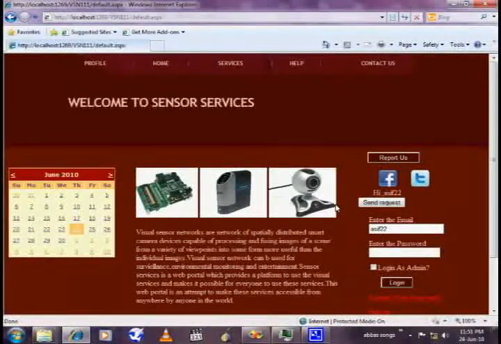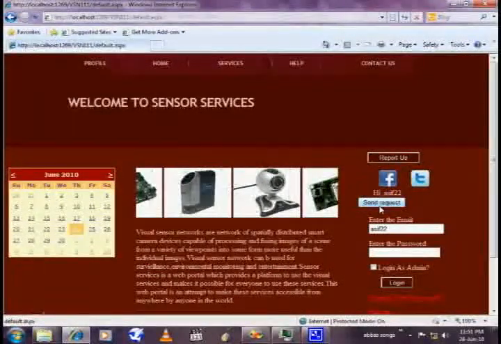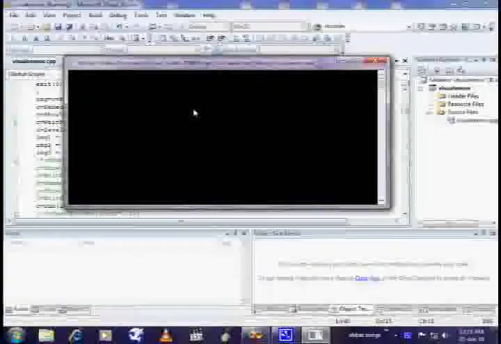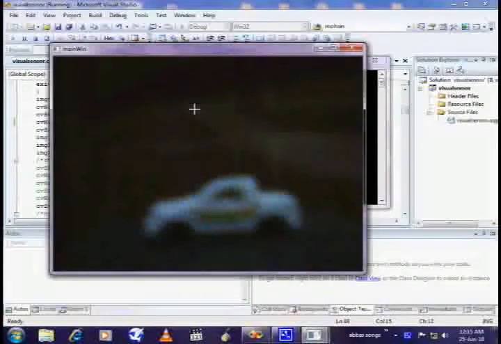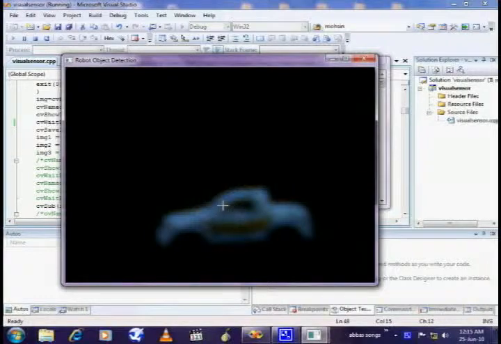the backend code of the web portal is executed. Now the user will click on this send request button. When the backend code of the server runs, it takes a picture of an object. This is a picture of an object. After that, when it takes the picture, it does the background subtraction, and you can see only the object of our interest remains there. This is our object of interest.